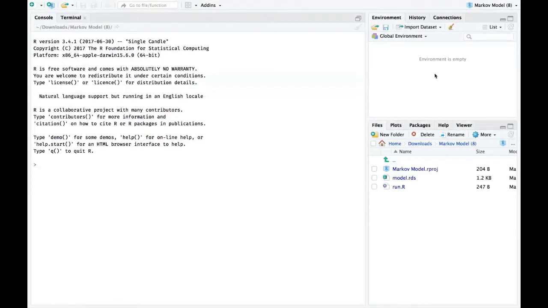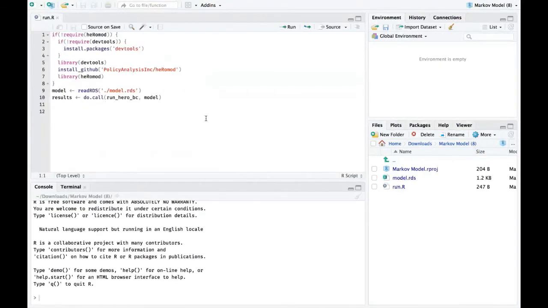And so now we have a project open in R. I'm just going to open up this R file within that project. There's a little bit of simple code here that's going to install the necessary packages if you don't have those already. It's going to load in the data for the model, and then it's going to do one function call that will run the model.